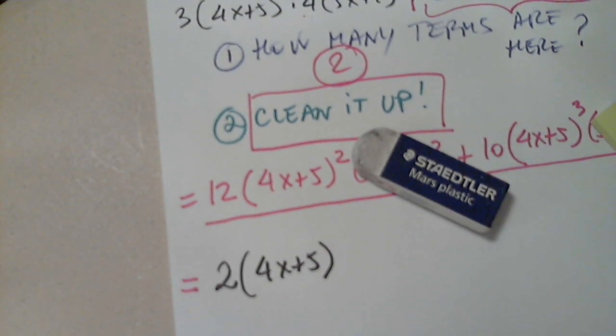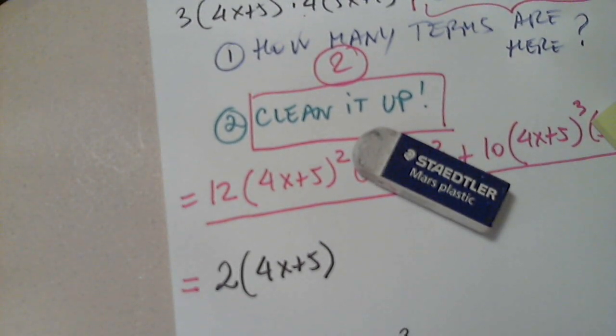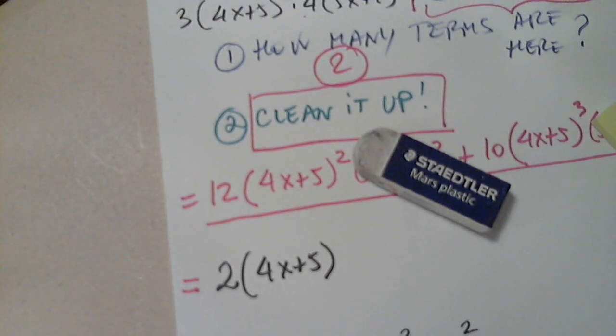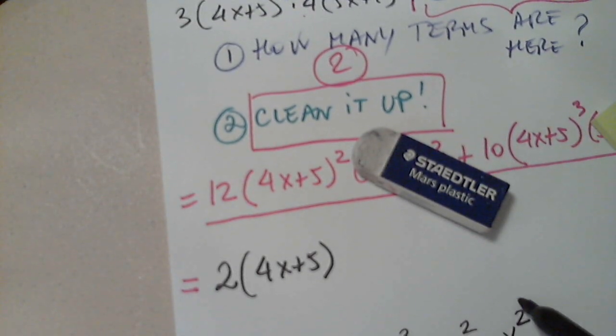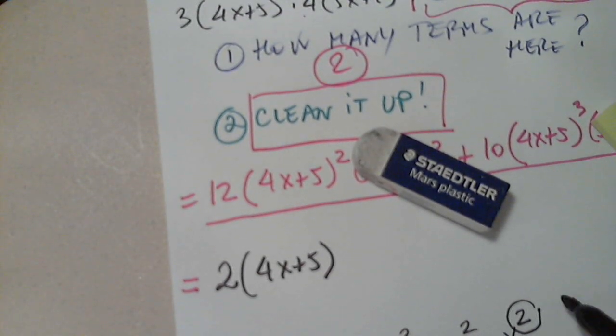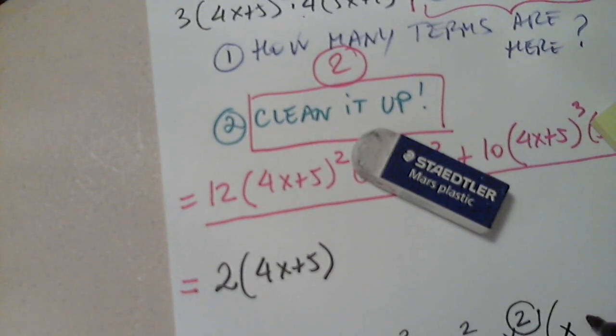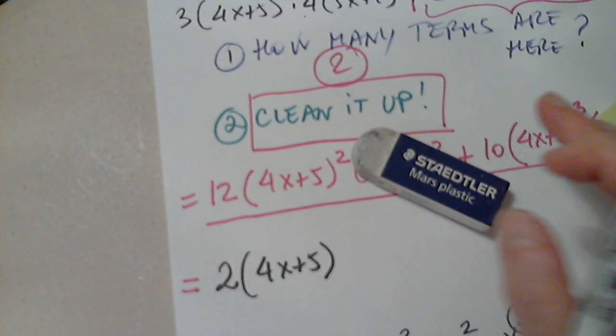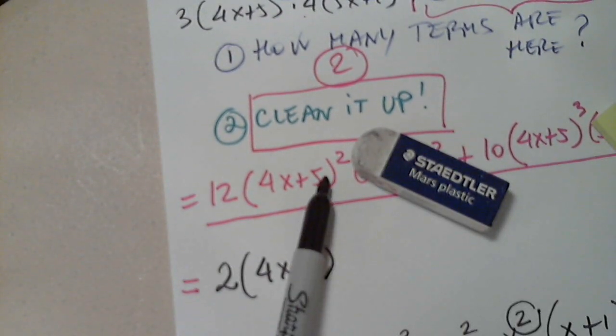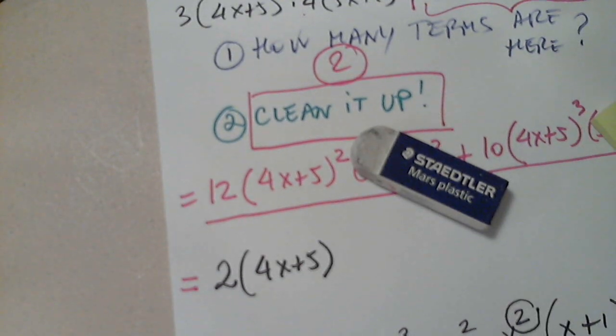If I have x cubed plus x squared, what will be the common factor here? X squared. Yes. So you chose the smallest of the two. It's not 5, it's not 1, it's not 3. It's exactly 2. The smallest of the two is 2. So I have x squared times (x plus 1). The same concept applies here. I have power 2 and I have power 3. I have to choose the smallest of the two, which I know is